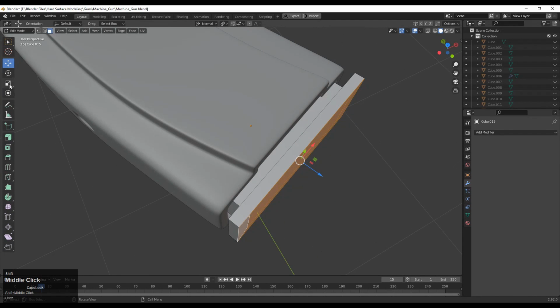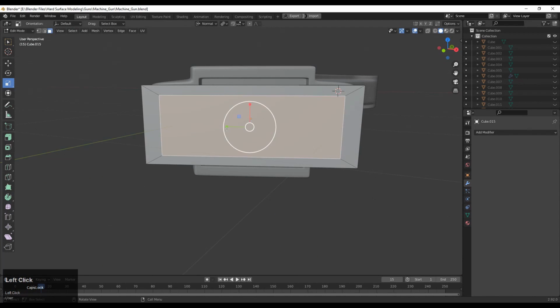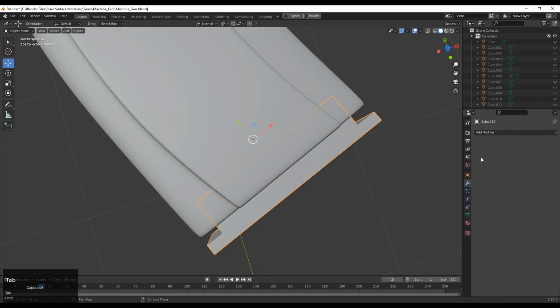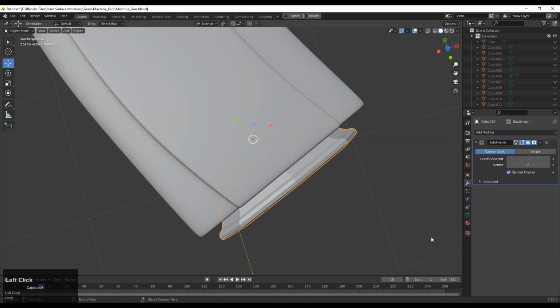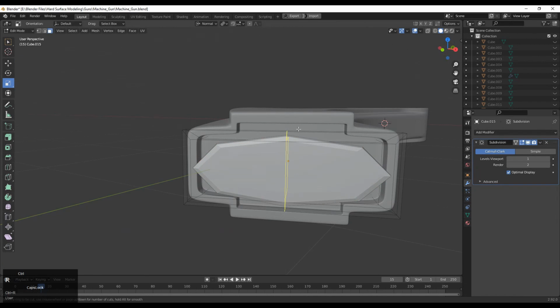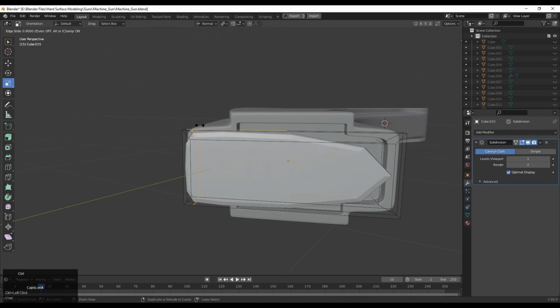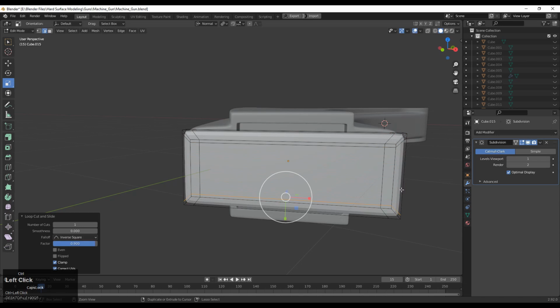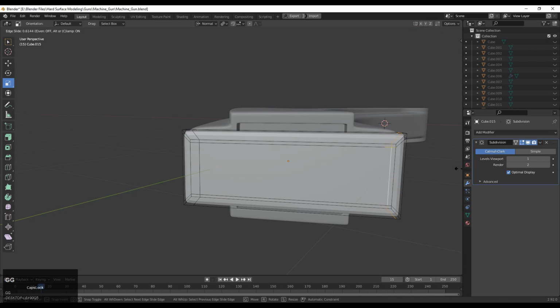And we have blocked out the basic shape. Just select these faces and use the scale tool and scale it along the z-axis to flatten it, and then add the subdivision surface modifier. So add a subdivision modifier over there, and then you need to add the loop cuts like this. These loop cuts will help you to maintain the form of the mesh. So just add the loop cuts like this.